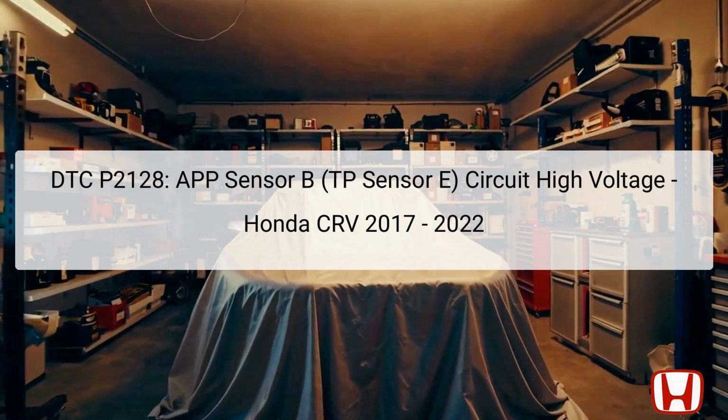Specifically, the APP Sensor B is responsible for sending voltage signals to the Engine Control Module, ECM, to inform it of the pedal position. A high voltage reading could imply an electrical malfunction in the sensor or its circuit. The sensor is typically located in the throttle assembly. Troubleshooting this DTC is essential as it may affect the vehicle's performance and overall safety, causing issues such as unintended